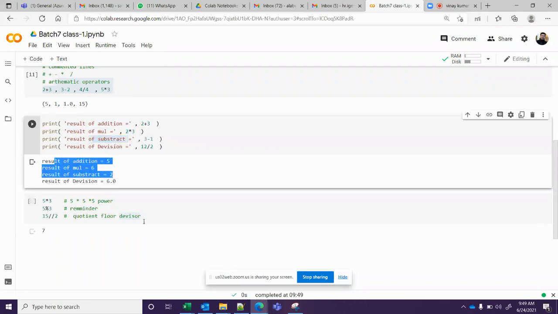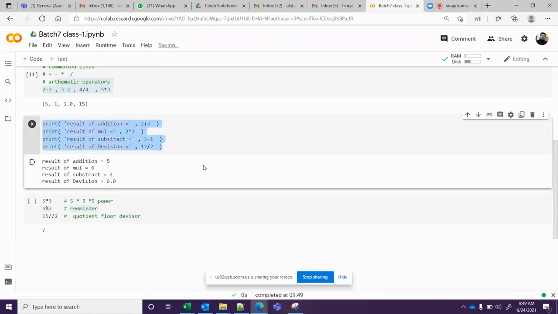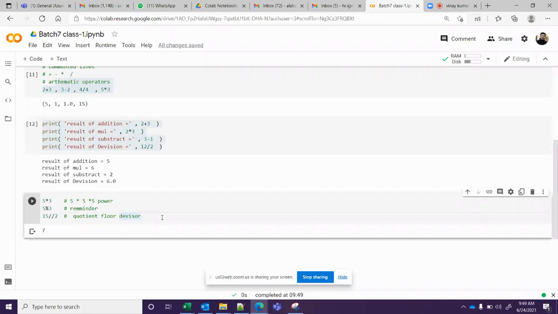So did I give an assignment? Did you do this one? I asked you to construct this pattern for these operators. Did you do it or not? Yes, sir, will do. Will do, or you did? Yes, sir, we did. So why did you not paste it in the chat? Done, sir.